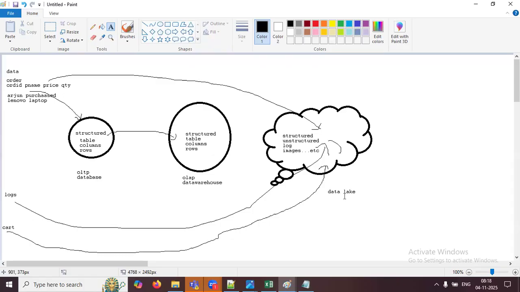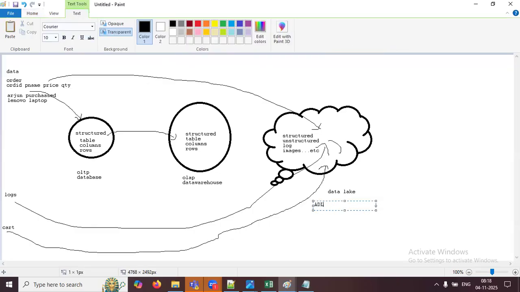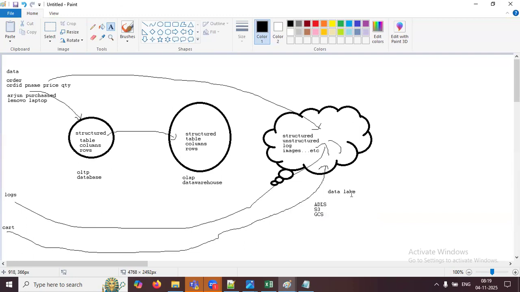But if you want to do that, you need more storage. That is where cloud providers are providing ADLS, S3 bucket, GCS from Google and all. This storage they are providing to support a data lake. ADLS will store data in blobs. You can store whatever you want: images, CSV, Parquet, JSON, a log file, whatever you want. That place is called a data lake.